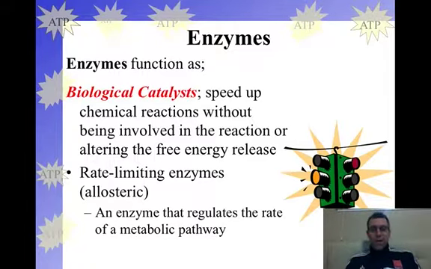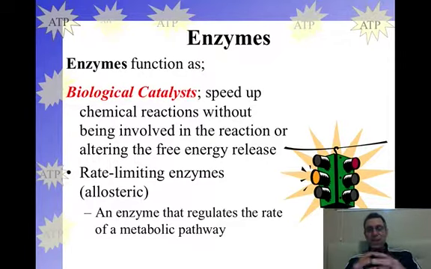Metabolism is all about the function of enzymes and the presence of enzymes. And maybe more importantly, this other bullet down here, metabolism is all about turning enzymes on and off. And we have what are called rate limiting enzymes. And they're also called allosteric enzymes. So the more technical term is allosteric. But rate limiting enzymes, and I put that little graphic of the stoplight there, these are enzymes that truly control